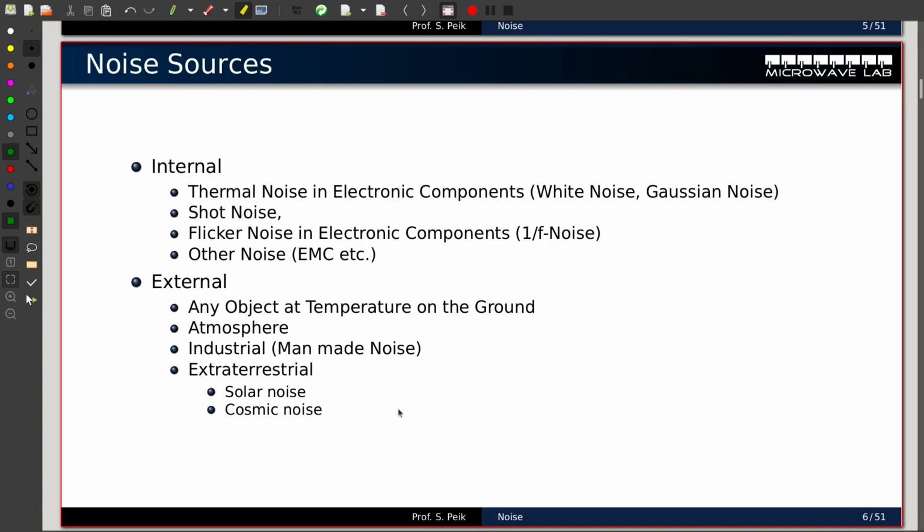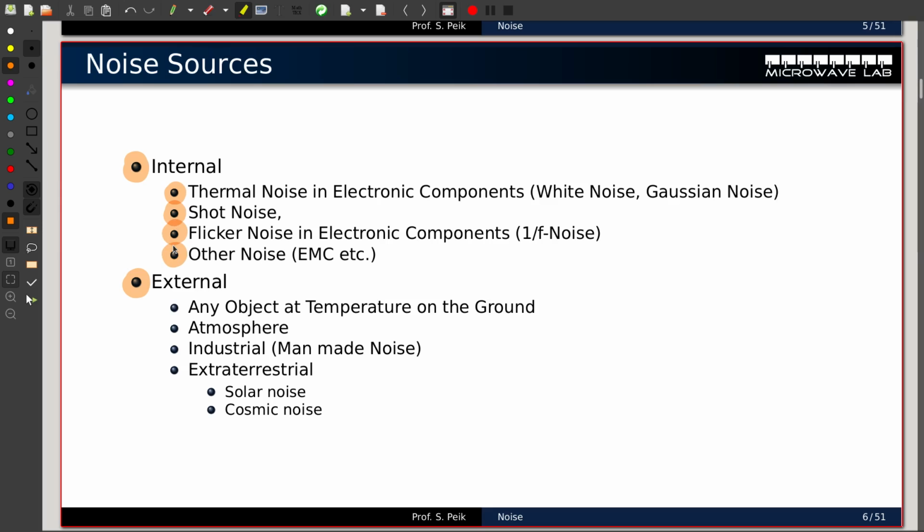Where does my noise come from? Well, we have to distinguish between the internal generated noise and the external noise. Internal noise is the noise that's created inside my receiver, and by far the most important is the thermal noise, which is what we're going to concentrate our lecture on today. Then we have something called shot noise and flicker noise, and also other noise sources inside my receiver, so-called